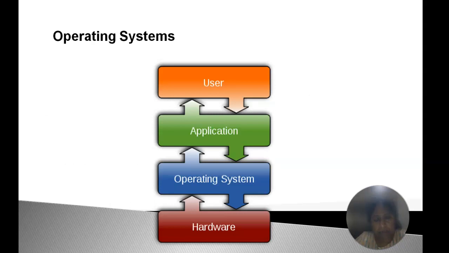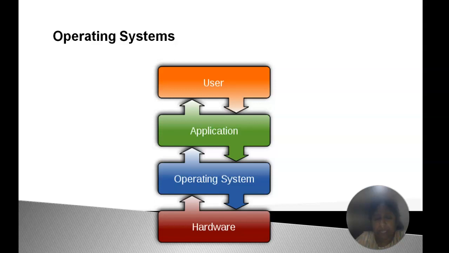Operating system. Here is the block diagram of the operating system. The user can interact with the operating system with the help of an application program, and the operating system directly interacts with the hardware. The user cannot interact with the hardware directly. He has to write the application program, and that application program is executed by the operating system with the help of a system call. Suppose he has to write C code, that is the printf statement